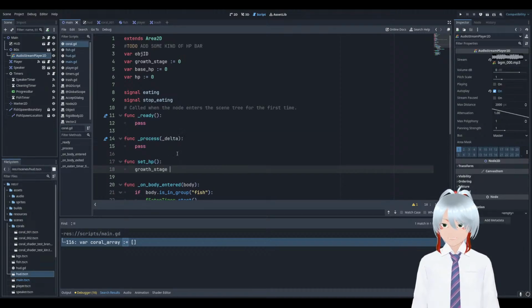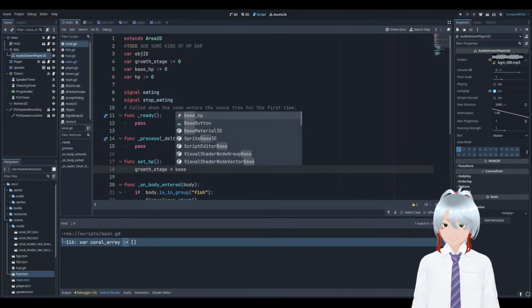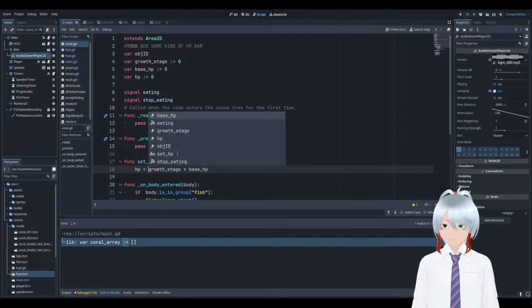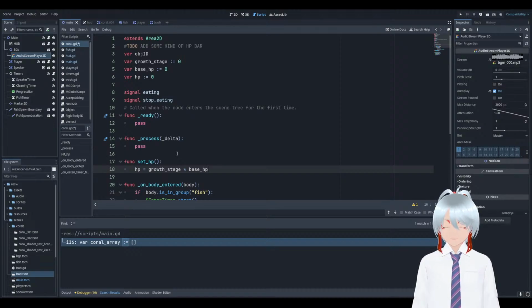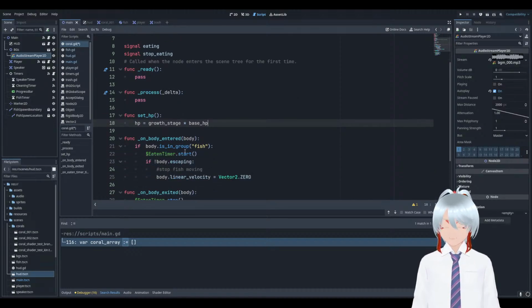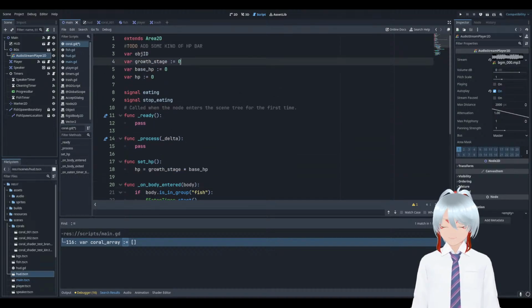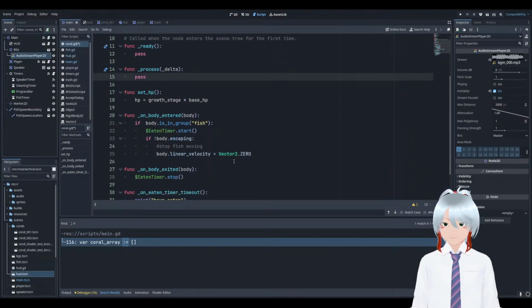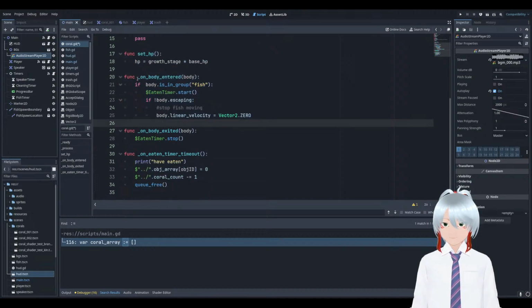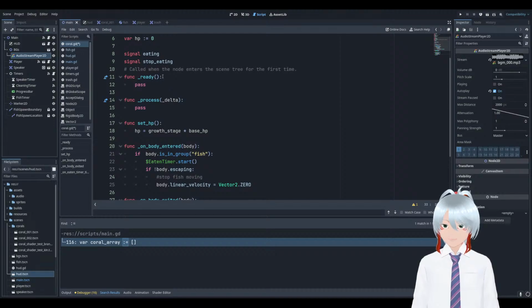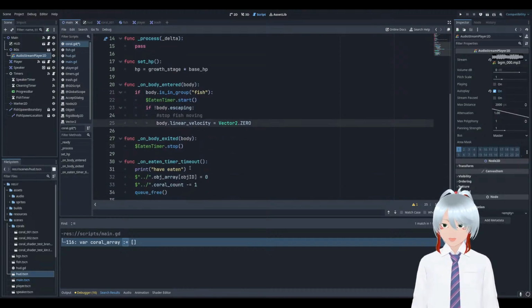Growth stage multiplied by base HP. Yep. So now that at least there's some semblance of HP here,